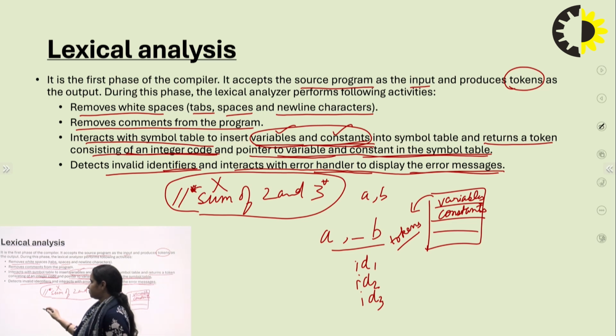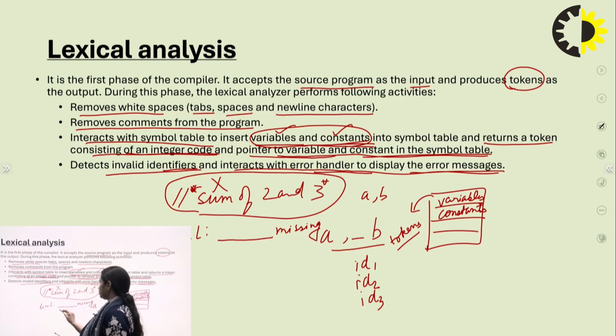Then we receive the error message that line 1 is missing something, or so on, right. Such is how the first phase of our compiler, the lexical analyzer, works. So this is the lexical analyzer.